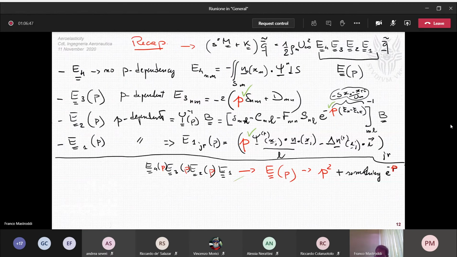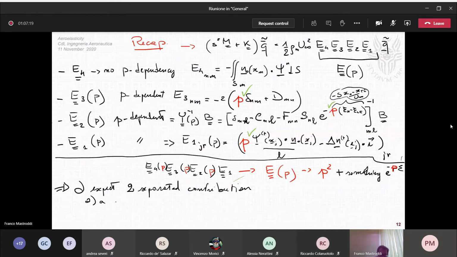I have a comment on this. I expect two separated contributions, which are a polynomial dependency up to second degree,